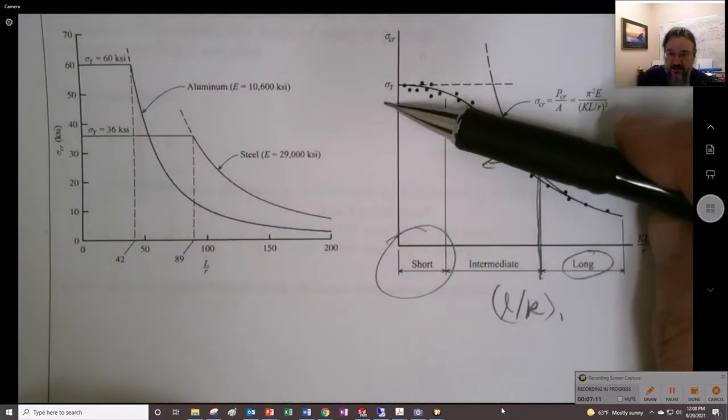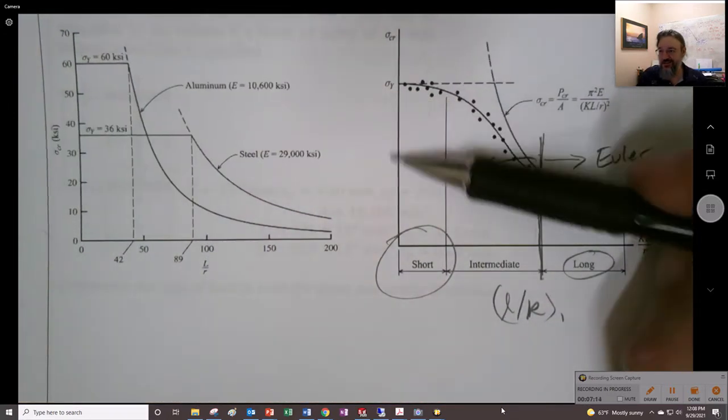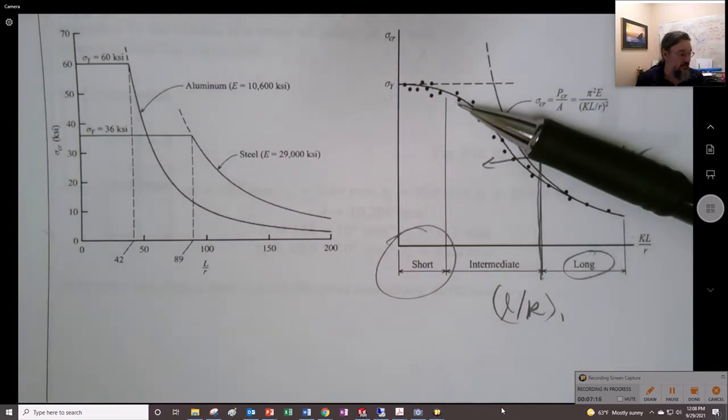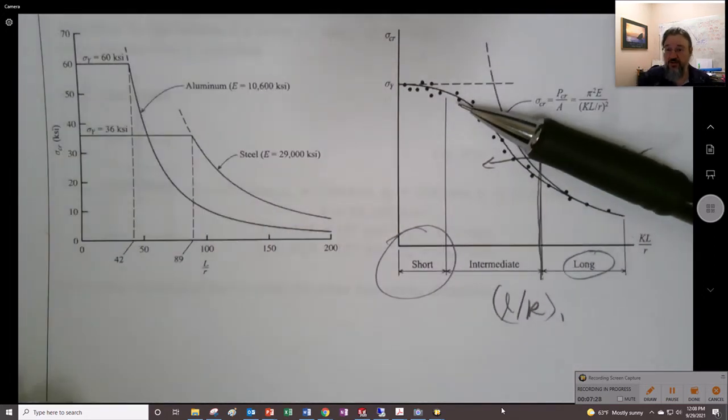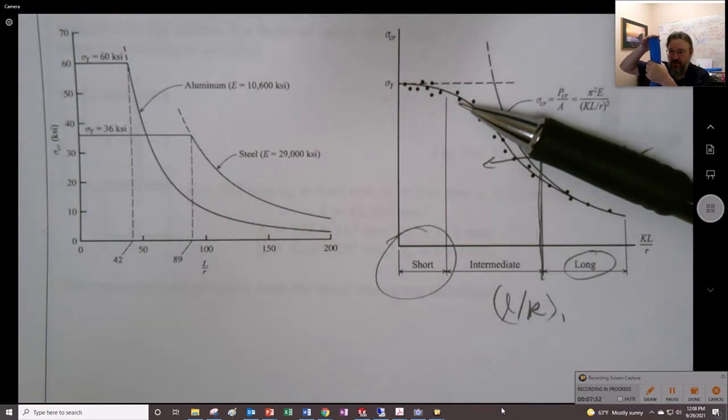you start to get to the point where like you might get to the yield strength, right? So you might like get the stress, just the P over A of this thing might get closer and closer to the elastic limit. And so that might be something that's really going to drive whether the thing fails or not. It might be so squatty, right? So it might be right to there. Might be so squatty that buckling isn't really an important thing as much as crushing of the thing. And so that is the